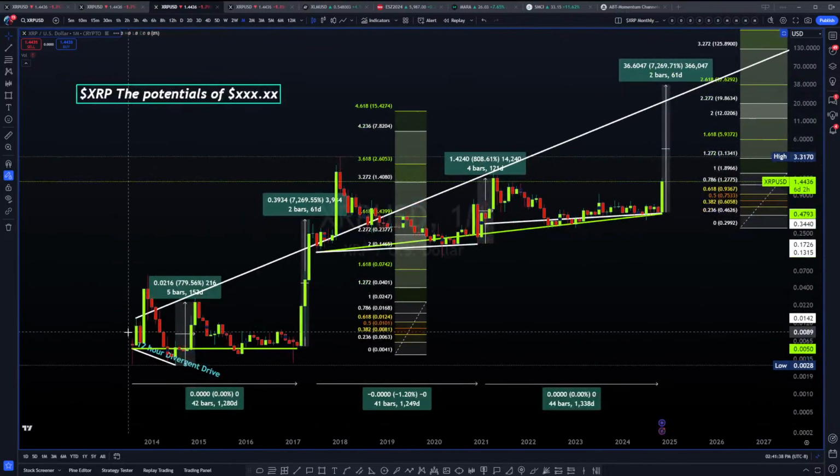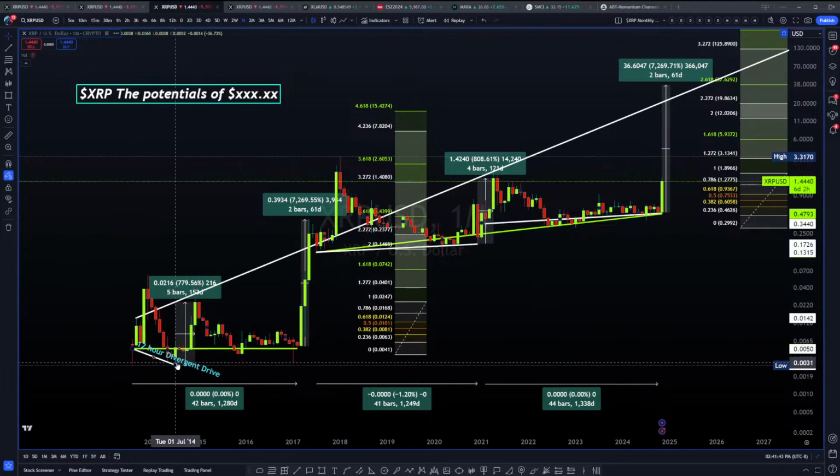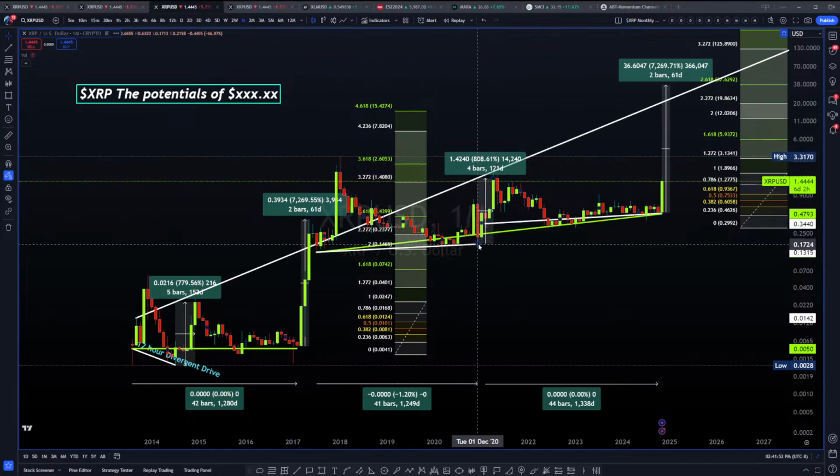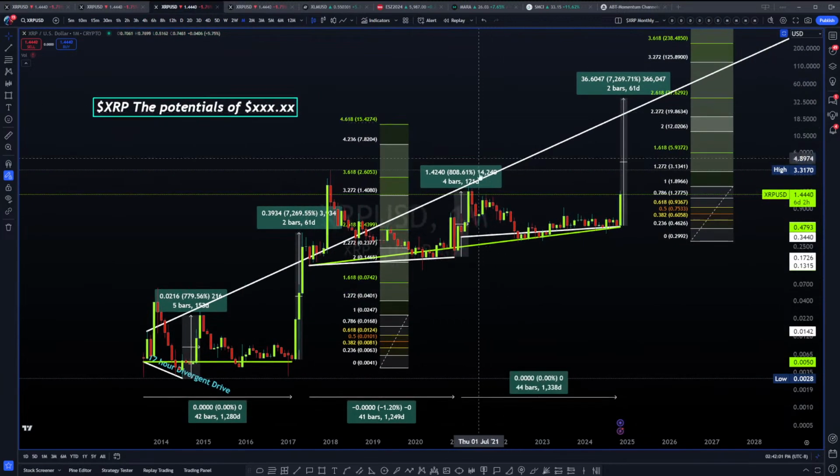So meaning that your number 1, 2, and 3, this step here, measuring from the bottom side to the top side of there, is 780%. Well, just like that here, 1, 2, and 3, we're going to measure from that bottom side to the top, and it's 808%. So we can only assume that this would also rise to that 7,200% next, marking off the end of the phase one, right? So phase one jumps 7,200% to the 2.618. This thing is magically jumping right at the same time. 7,200% to the upside leads to the 2.618 at $37.